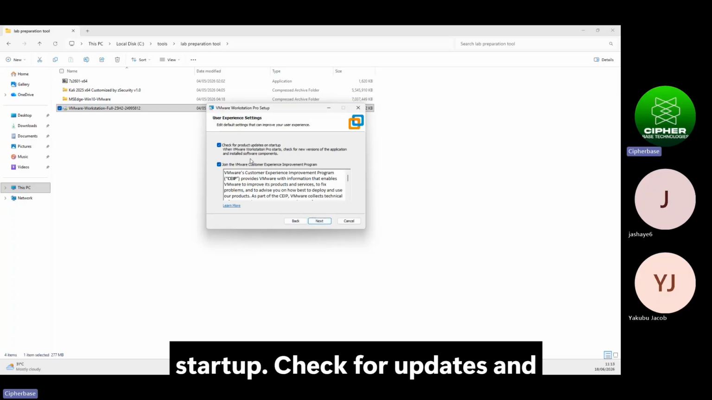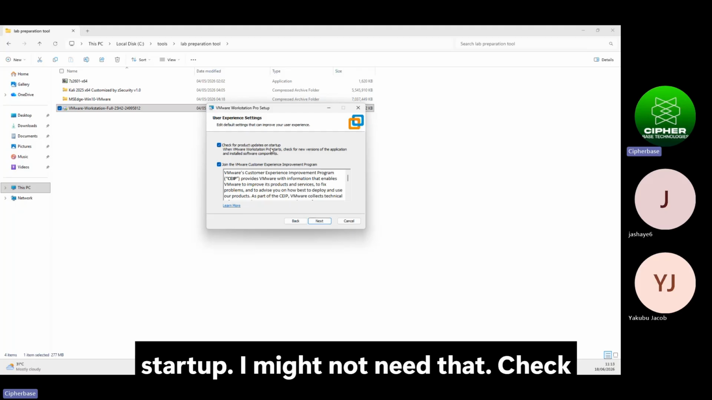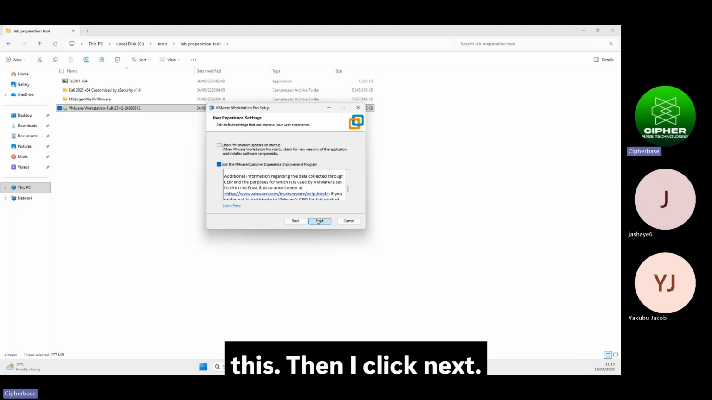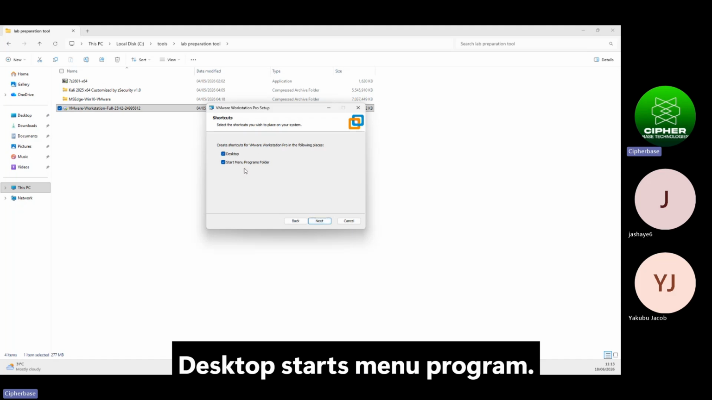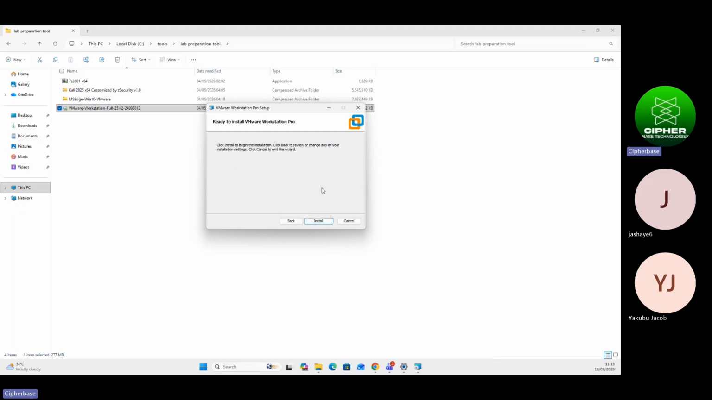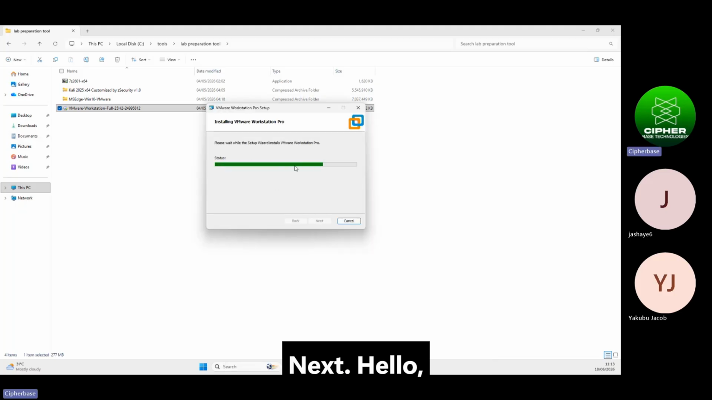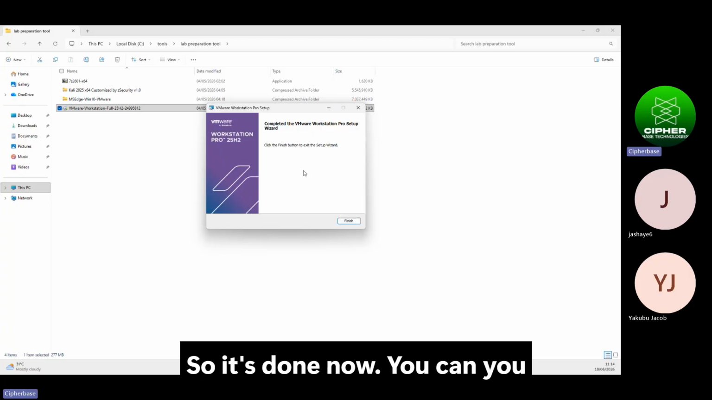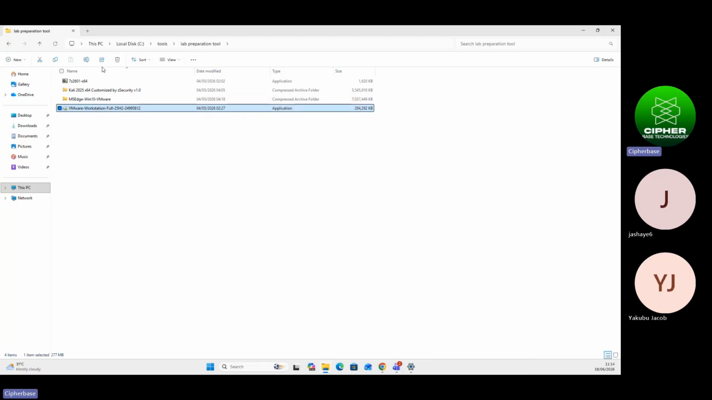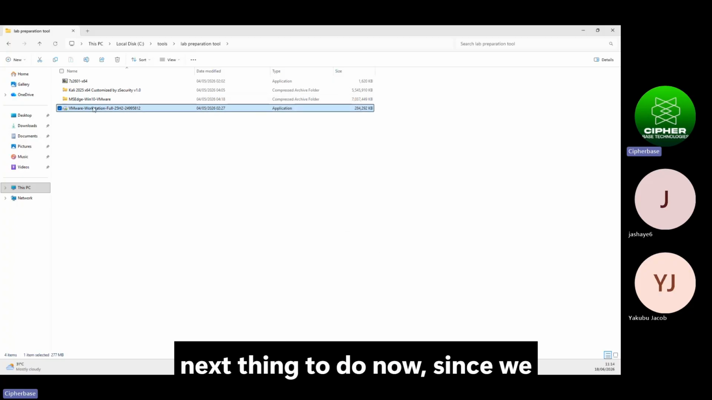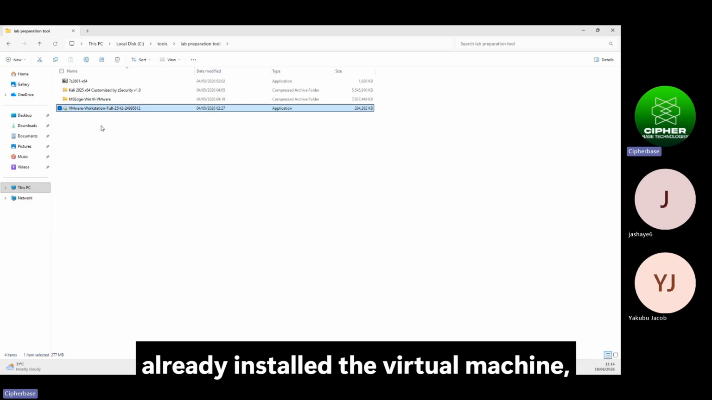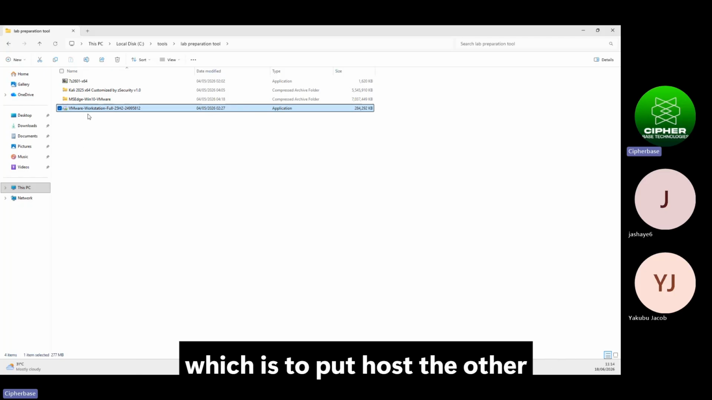Updates and startup. Check for updates and startup. I might not need that. Check this. Then I click next. Desktop, start menu program. Yeah, of course. Next. Next. Then it's done now. You click finish. The next thing to do now, since we already installed the virtual machine, which is to host